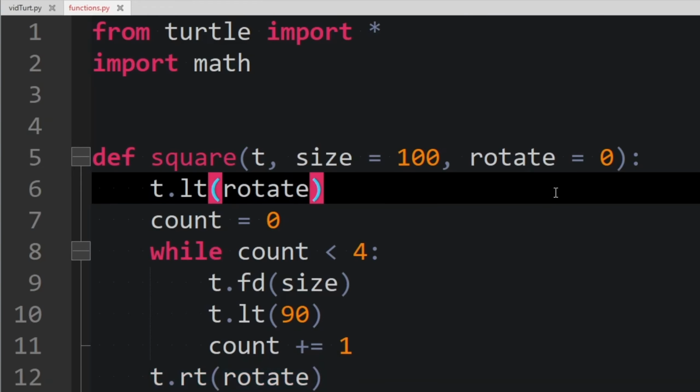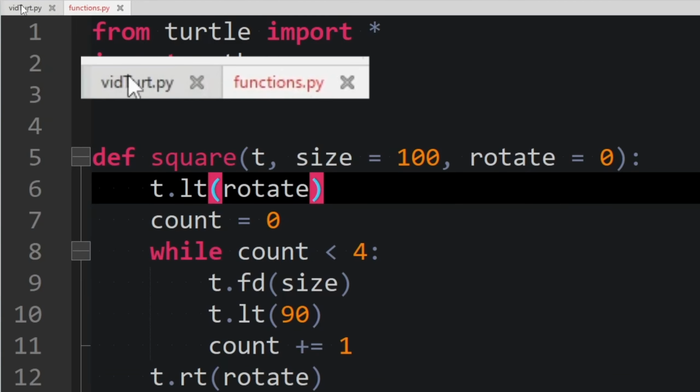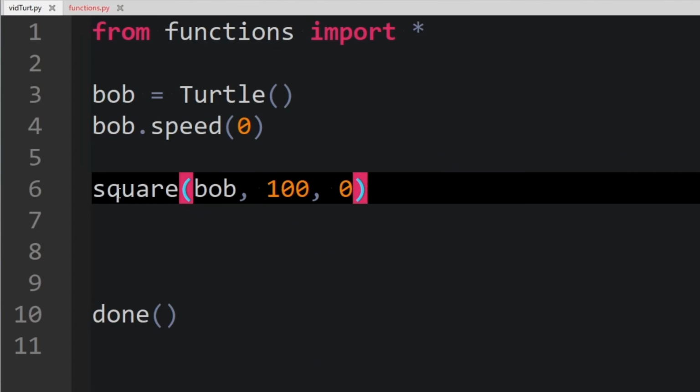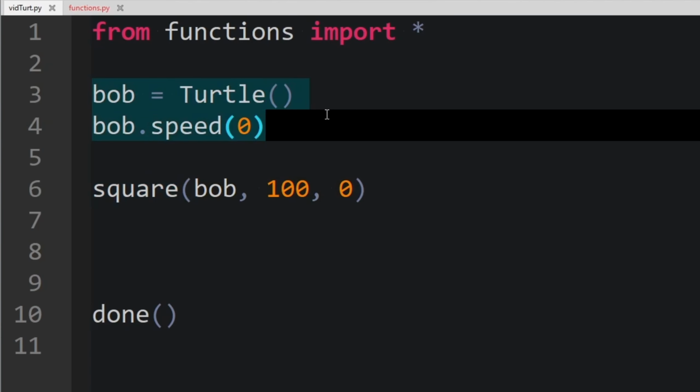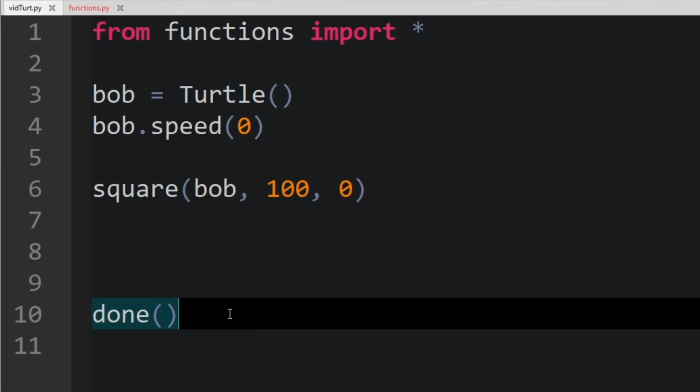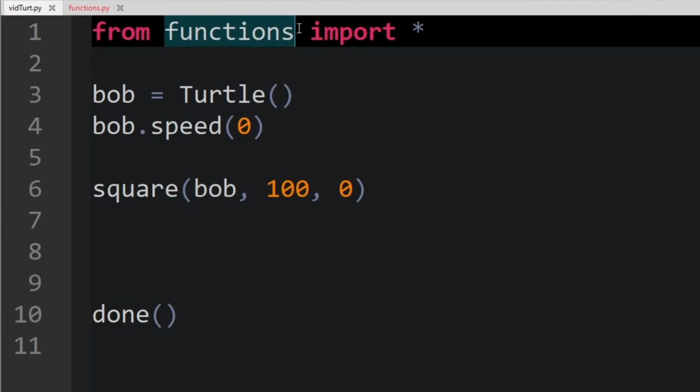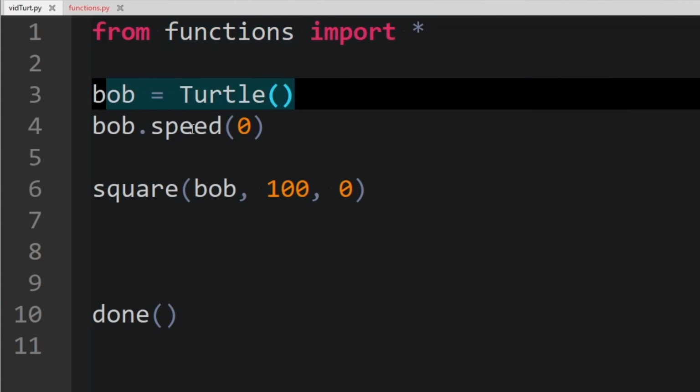So where are we going to write these exactly? If we come over here, we have another file up here. And now you can see that I have written the basic stuff like bob equals turtle, bob.speed 0 for max speed, and then done down here. What's different about this is we need to make sure that it knows what the other file is so that it can take from the functions. I conveniently named mine functions. You can call yours whatever you want, but you want to come up here and at the top write from functions import with a star so that you get all of what's in that file, and then do your initializations,